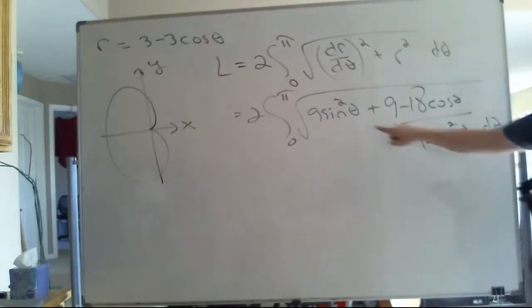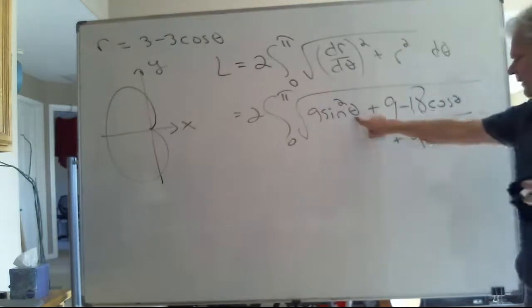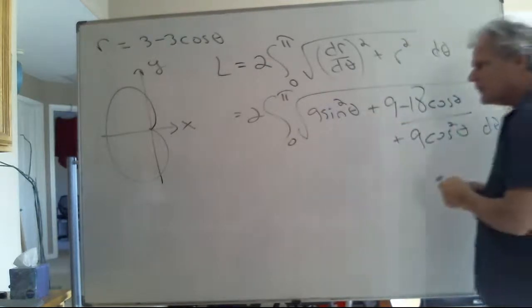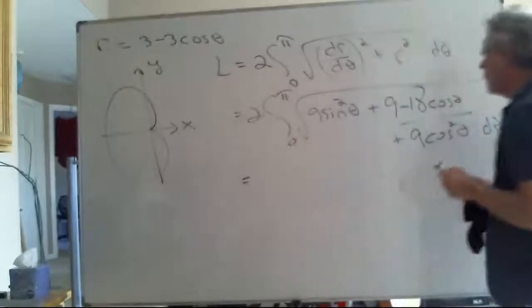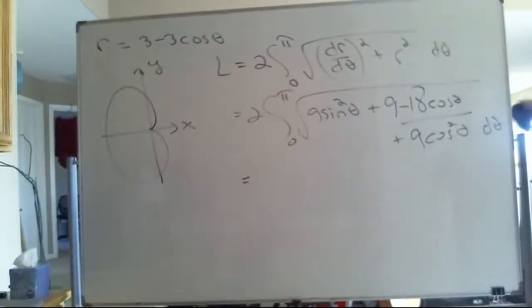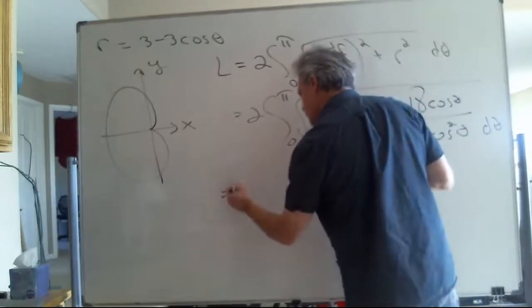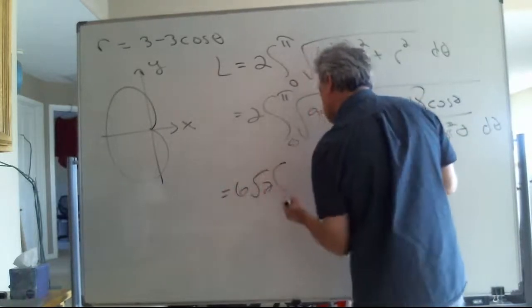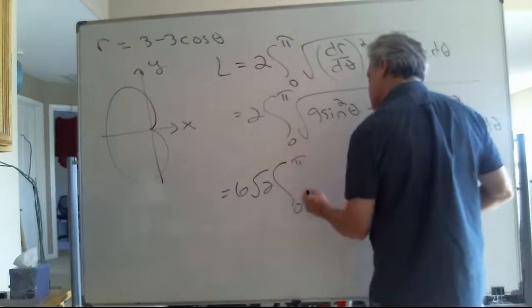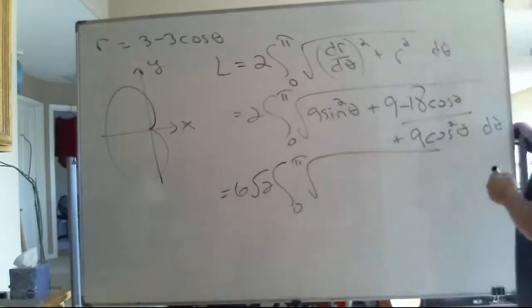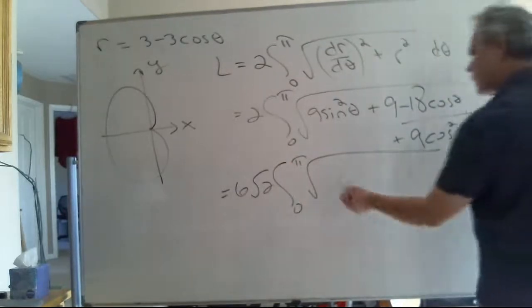Now, when I combine these two terms, that's going to give me a positive 9. Added to that 9 is going to give me an 18. Pull the 18 out of the square root, is going to give me a 3 root 2. Combine it with a factor 2, is going to give me a 6 root 2. And in the radicand's position, I'm left with